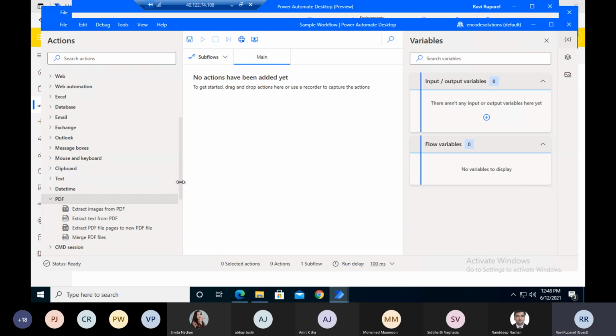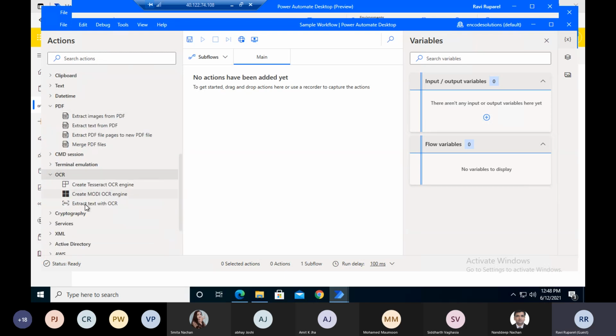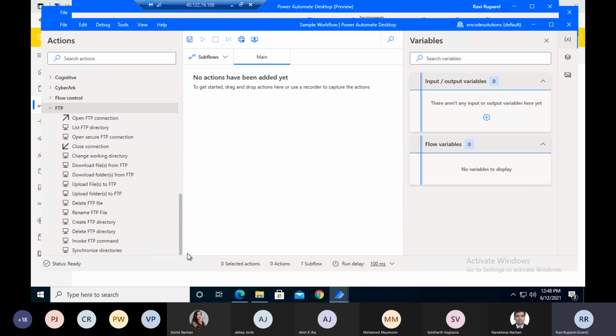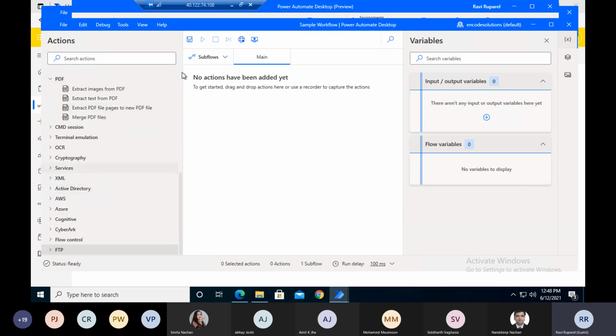One of the important parts is OCR, where we can extract text. There are other options like AWS, Azure, and FTP. If we want to upload or perform any operations with FTP, we can do that. We have a list of operations available in the UI flows. So these are the actions over here.